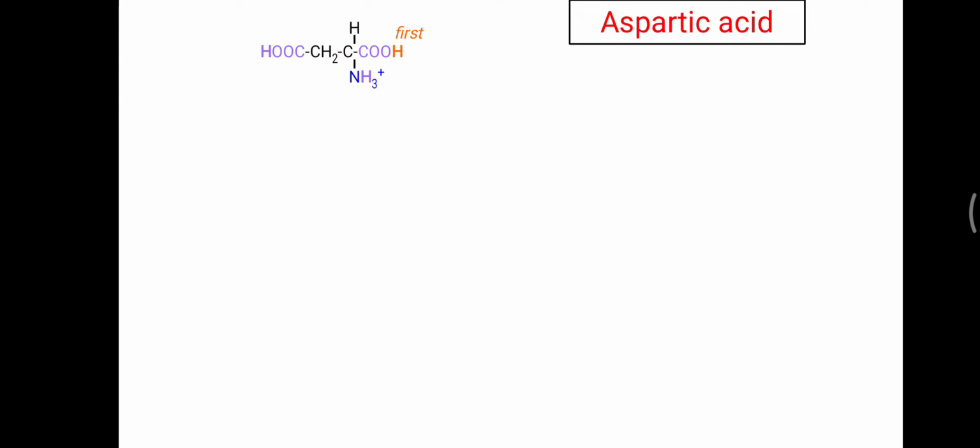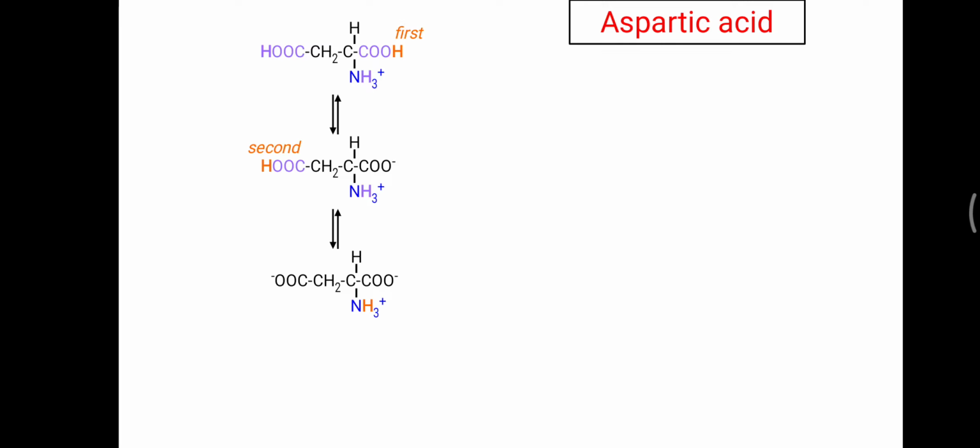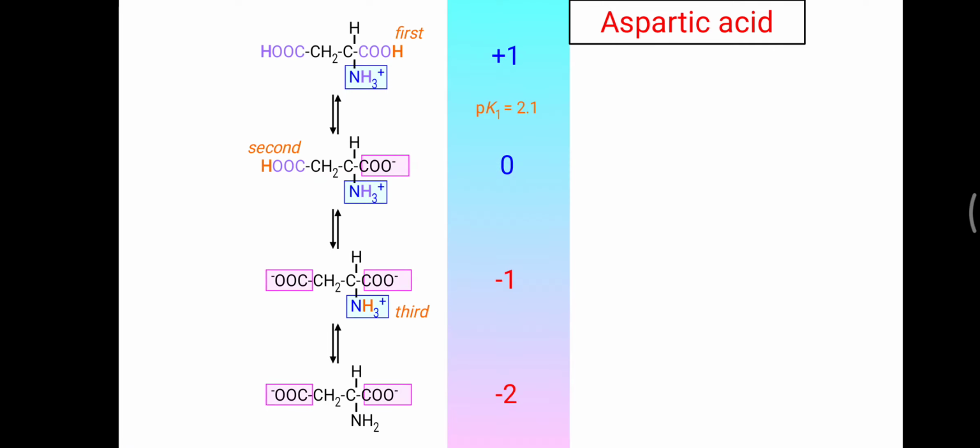Further, we will look at one example of the isoelectric point for aspartic acid. In aspartic acid there are 2 carboxylic groups and 1 amino group. All these 3 groups, the 2 carboxylic and 1 amino group, contain H+. The titration will be done over this aspartic acid, and gradually the hydrogen is removed first from one carboxylic group, then the second carboxylic group, and then from the amino group, showing correspondingly +1, 0, which is the isoelectric point, then -1 and -2.